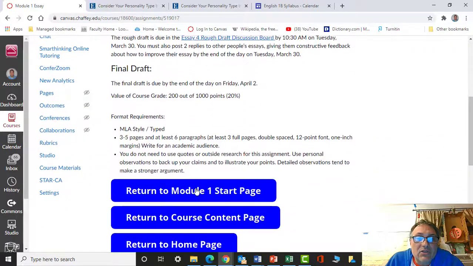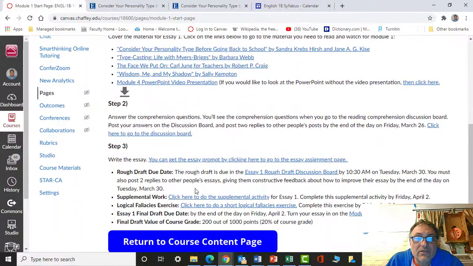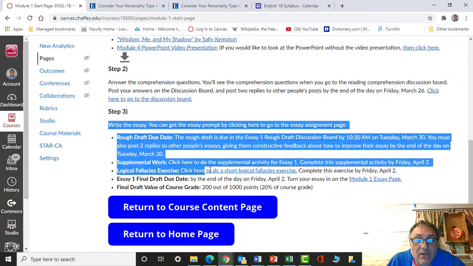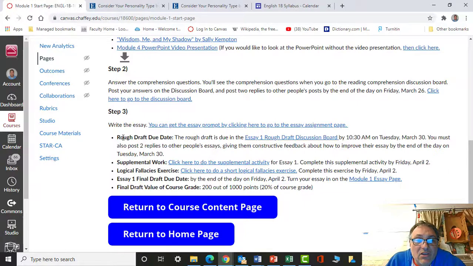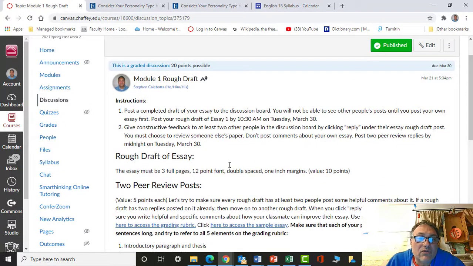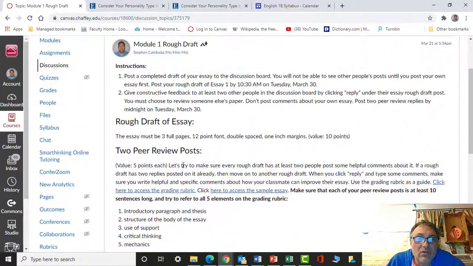Let me see here. Let's go back to the start page. So that was the essay page. And I also mentioned that each module I want you to do some supplemental work. So as you're finishing up the essay, here's the rough draft discussion board. Okay, I guess I'll just click on all of it and show you. So here's the rough draft discussion board. So when you write the rough draft, you'll post the rough draft on this discussion board,